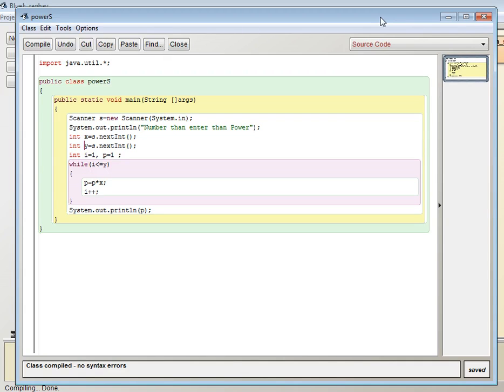System.out.println number, then enter, then power. So this is basically the prompt showing how we have to enter the input while running the program. After that we will come to int x is equal to s.nextInt, int y is equal to s.nextInt,